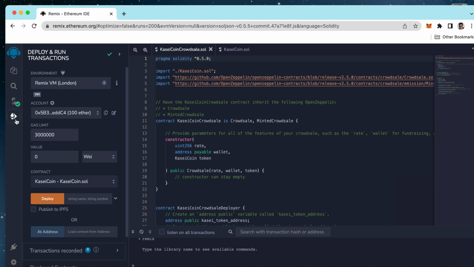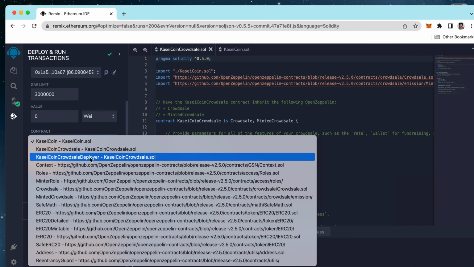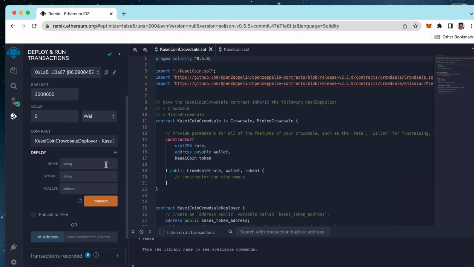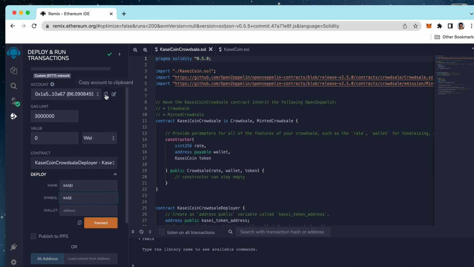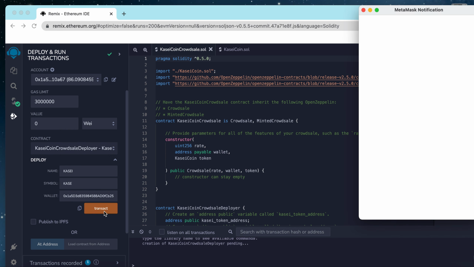Now we will deploy the Crowdsale contract in the Injected provider, and here is where we select the Crowdsale deploy contract. We'll specify the required parameters in the constructor: the name as KC, symbol as KCS, and the wallet address as the address of this account, and click the transact button, and